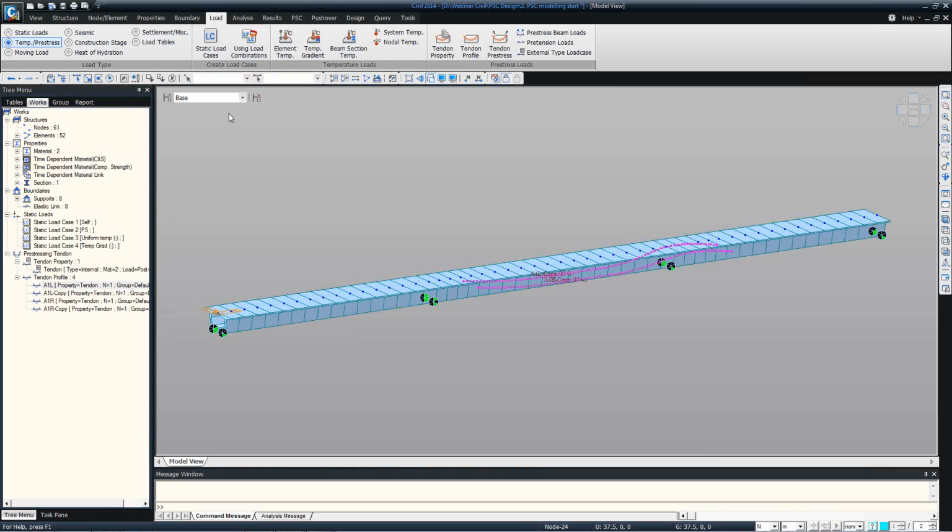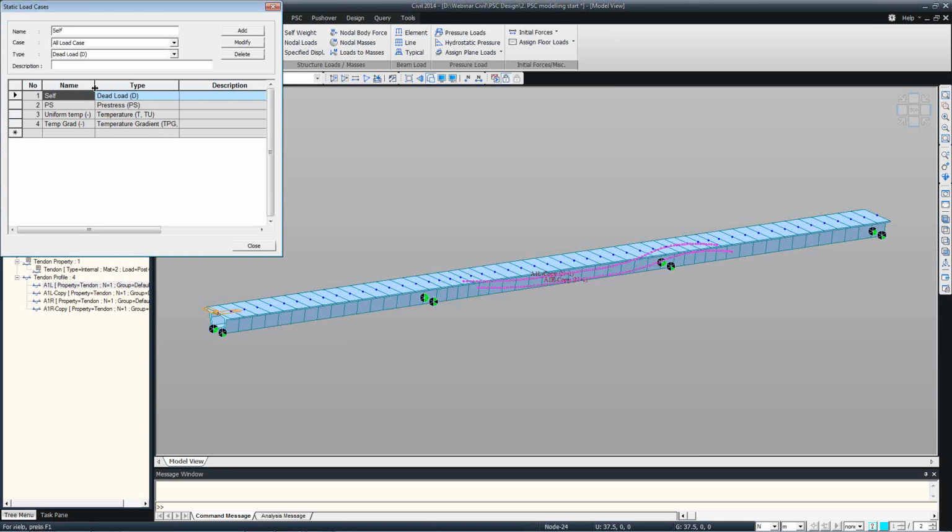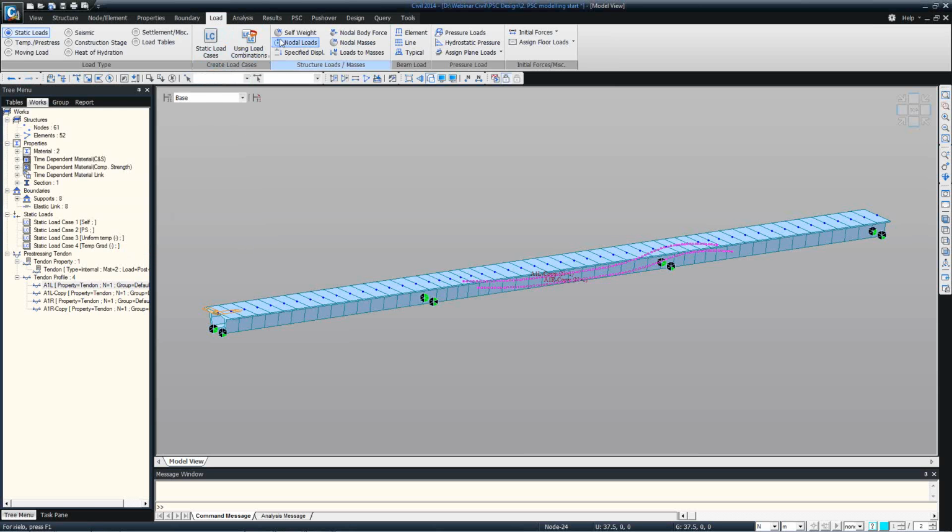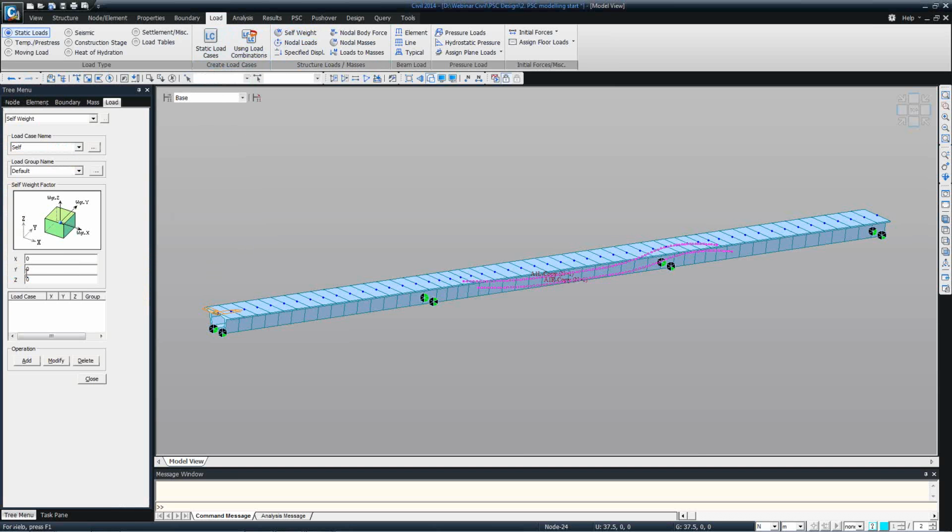Now let's see the application of the loads for this structure. For the application of loads, we need to have some static load cases. I have some predefined static load cases. So first of all, the self weight for the structure. For defining the self weight of the structure, we need the load case name and the direction of gravity, and the program will calculate the self-weight load depending upon the section properties as well as the densities for the material,